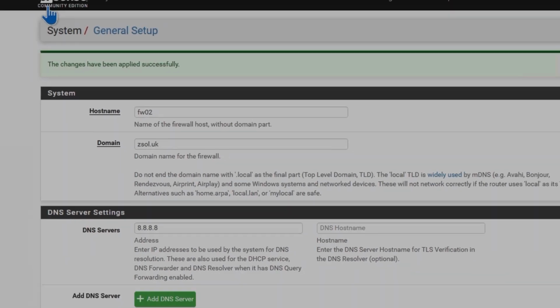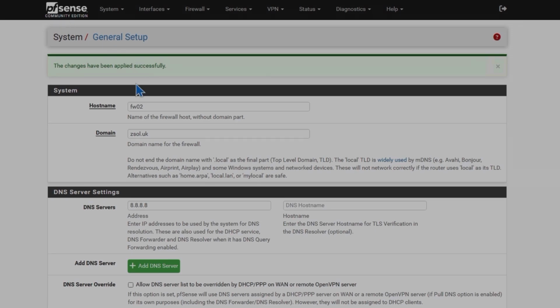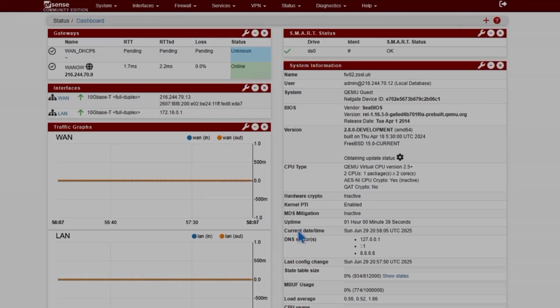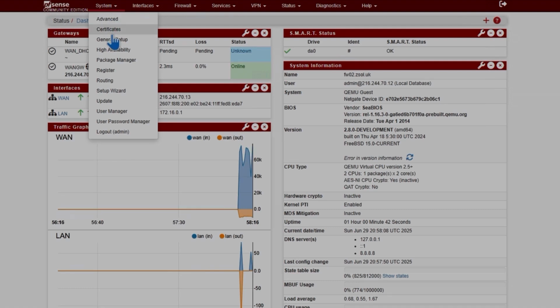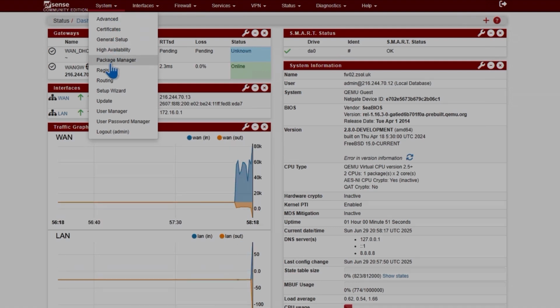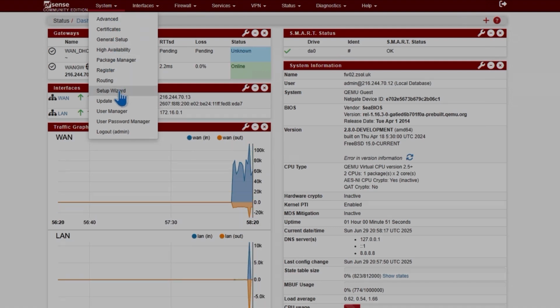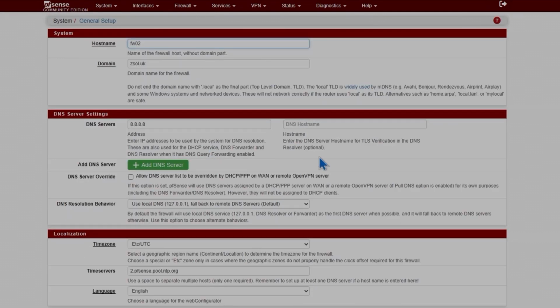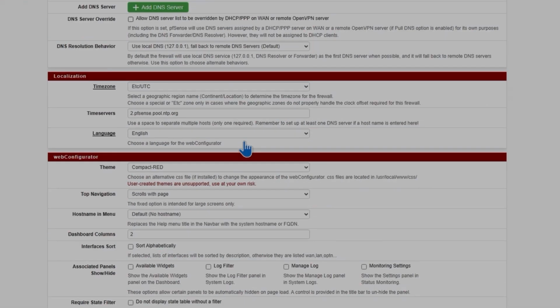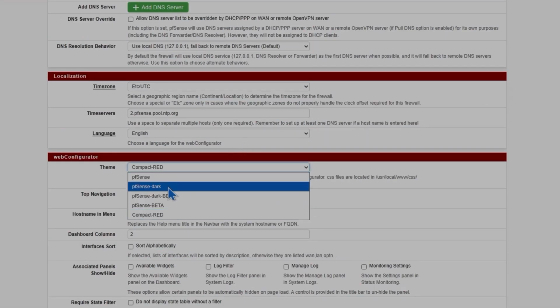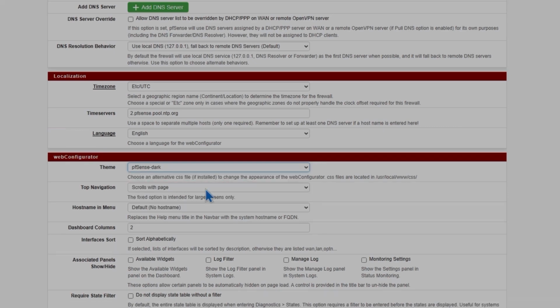Okay, so this one is compact red. I guess it did not change. Okay, yeah. Now you can see it's in red color, and there are several more available online if you want to choose those, or if you're knowledgeable enough to make your own theme, you can do that as well. And again, I'm going to change this back to the basic one, or I can do dark as well,